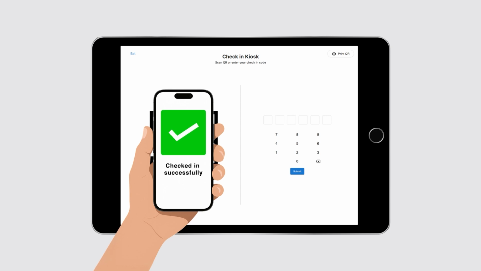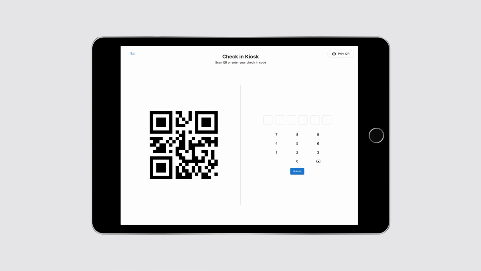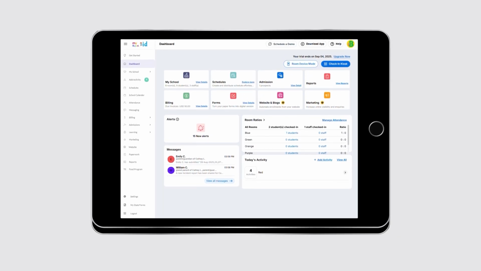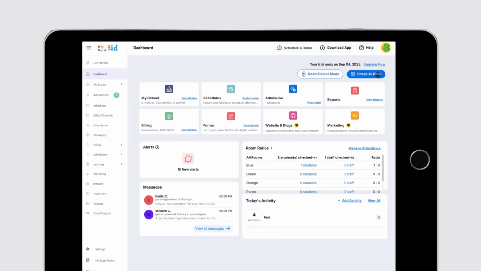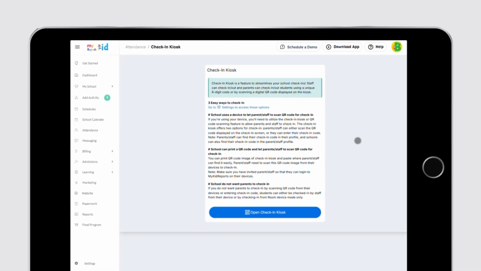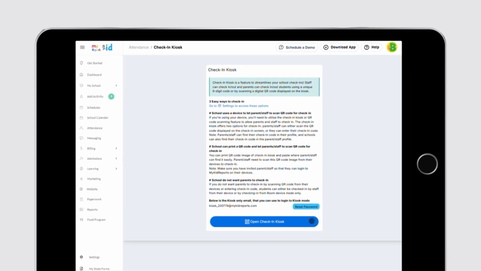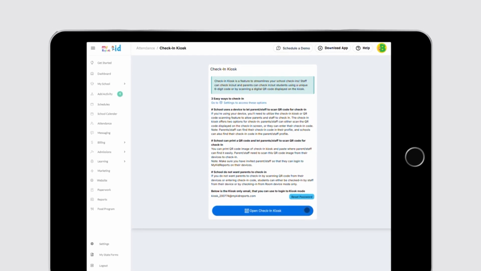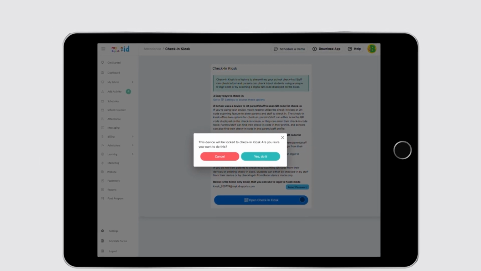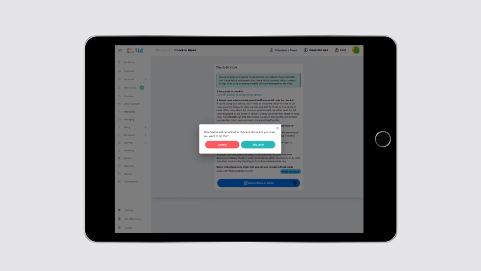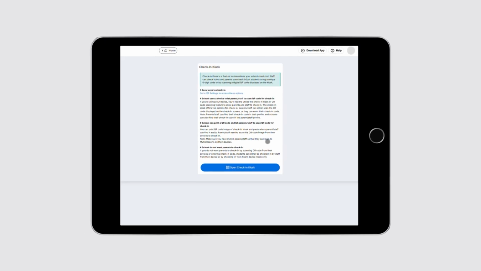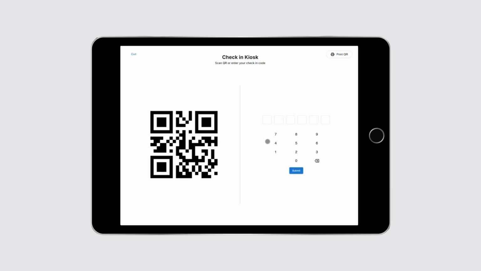There are 2 simple ways to put your device into check-in kiosk mode. First method, when you log in as an admin on your device, you'll see Check-in Kiosk on the home screen. Click on it, and you'll find a button labeled Open Check-in Kiosk. When you tap on it, a confirmation pop-up will appear, clearly stating that the device will be locked into kiosk mode. Tap Yes, do it, and now your device is in